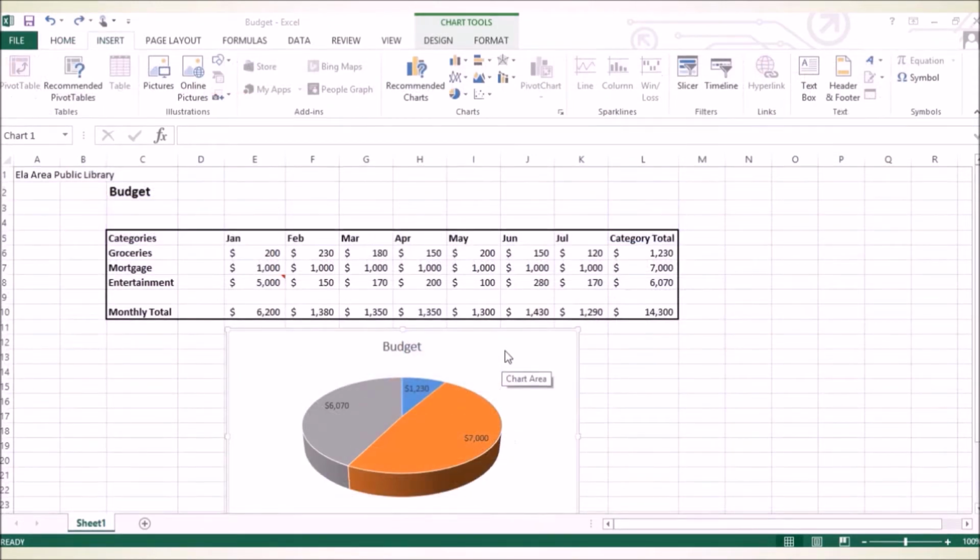We do have the option to change the data labels. For example, what if we wanted to change the dollar amount to percentage? To do so, we would go back up to chart elements, and then from there go back to data labels. You'll see that we now have a small arrow to the right of data labels. So we're going to click that,